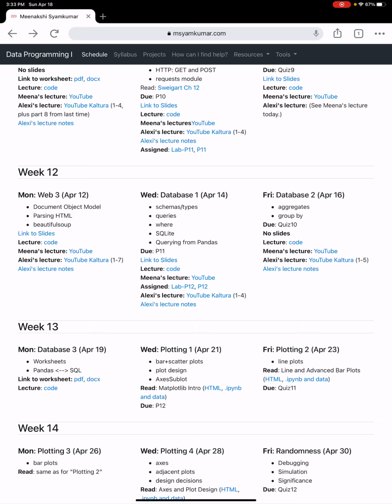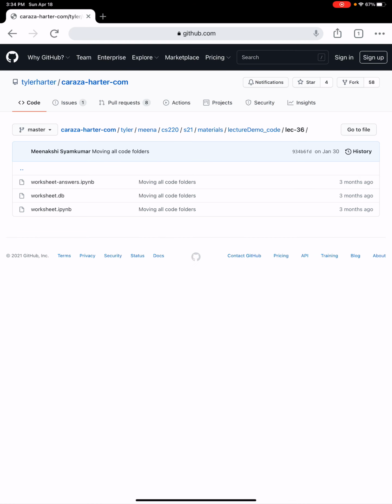Let me briefly talk about the code link as part of today's lecture entry. You'll observe that there are a couple of notebook files along with the database file. The worksheet notebook file is an interactive version of the same worksheet. I would strongly encourage all of you to go through all of the problems first using either the PDF or docx version of the worksheet before proceeding to use the worksheet notebook file. Answers to the majority of the questions are provided within the worksheet-answers notebook file. The remaining questions are for you to practice on your own.